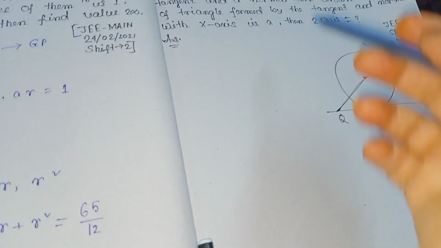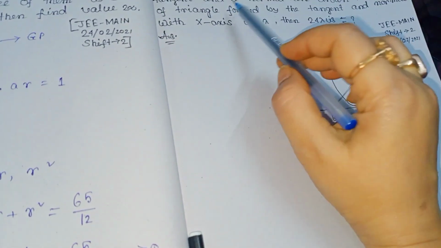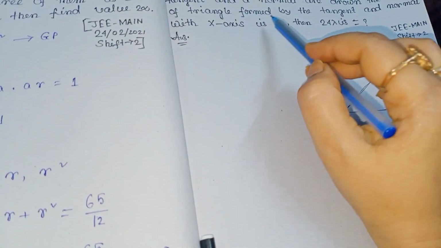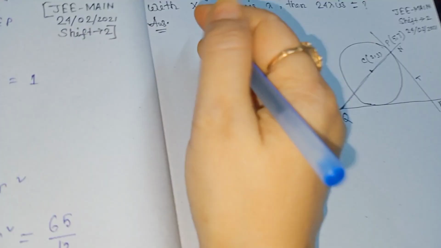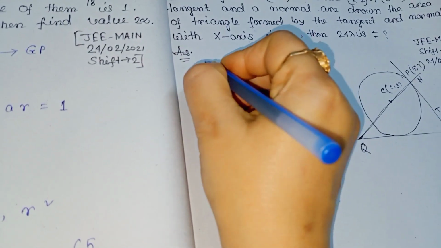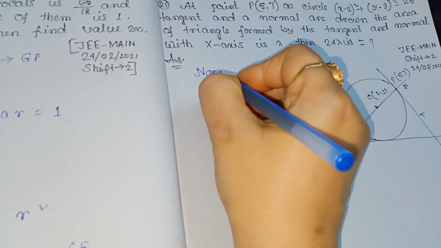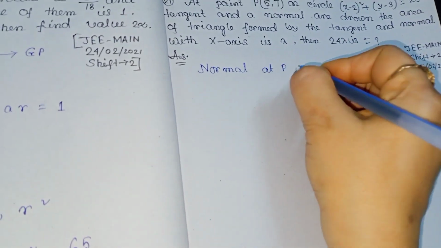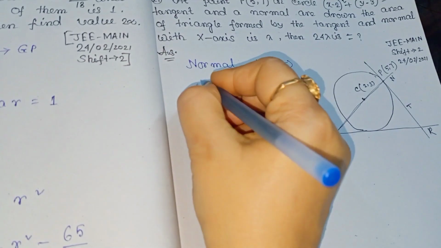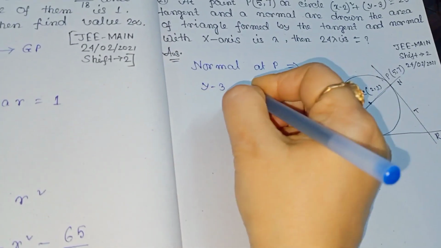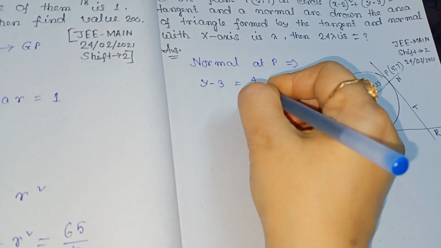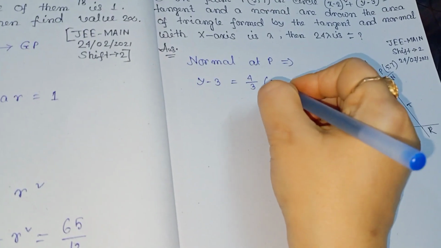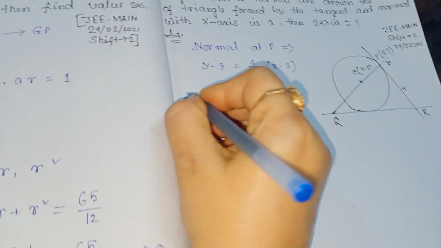So now move on to the question. The circle is this, with the tangent and normal drawn, and the area. Let the equation of the normal at P be y minus 3 is equal to 4 by 3 into (x minus 3). That implies